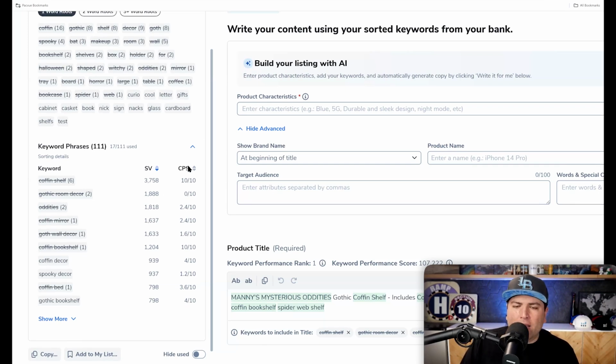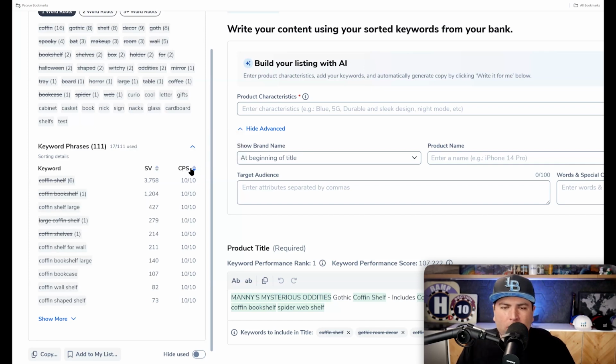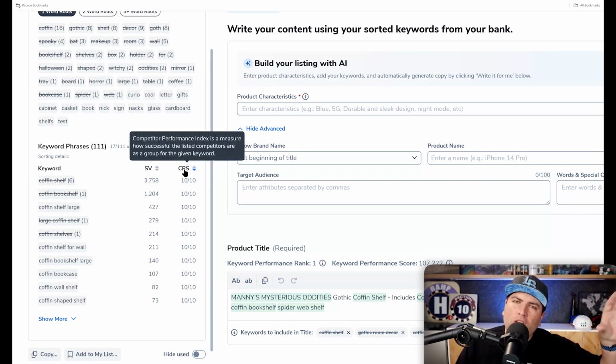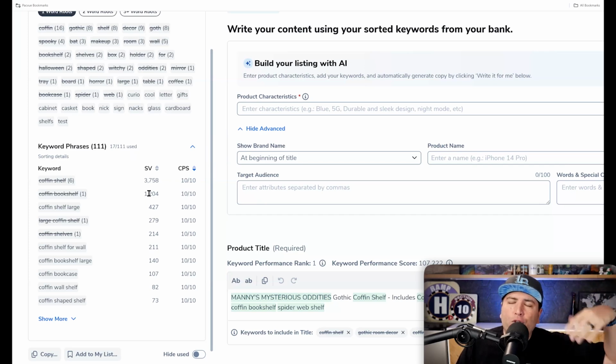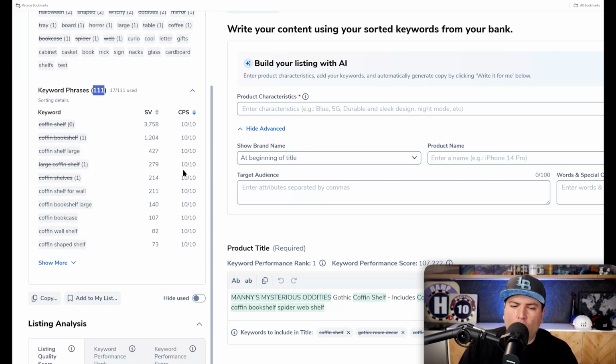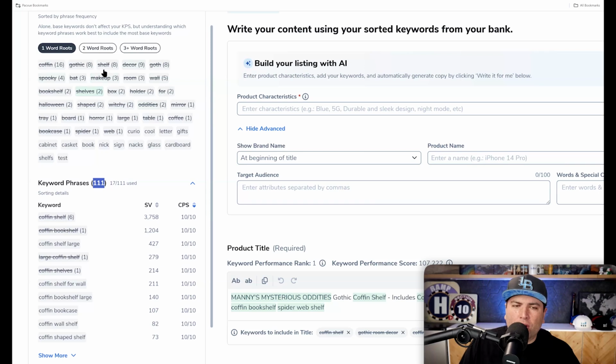But now we added something called the competitor performance score. This is not new. This is something that has been in Cerebro for 5 years, since we made Cerebro, showing you which keywords are ranked the highest for your competitors. And so usually that's how people pick which keywords are most important for their listing. And so now I just tell people, no, if you've got 100 keywords, or here I have 111, put them all in here, and you can now still prioritize which ones. Am I going to be able to get all 111 keywords? Of course not, but that's fine, because now I can prioritize and say, at least these ones that have this 10 score, maybe these I want to put in phrase form. But still, the individual keywords are showing up here.